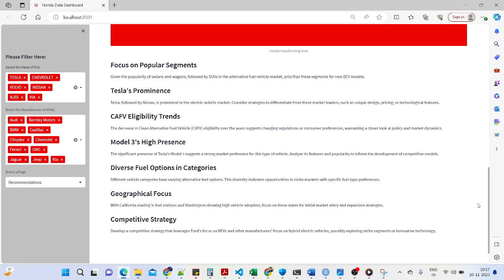We also saw that there is a significant presence of Tesla's Model 3, which suggests a strong market preference for this type of vehicle. We can analyze the features and use the popularity of this particular model to stand out from our competitors. We can also consider the diverse fuel options in the different categories. Different vehicle categories have varying alternate fuel options, and this diversity indicates opportunities in niche markets with specific fuel